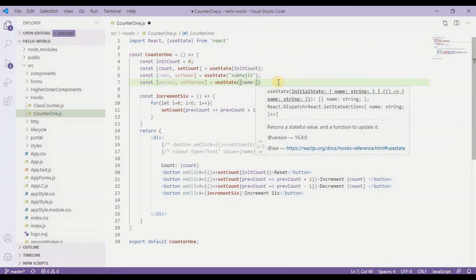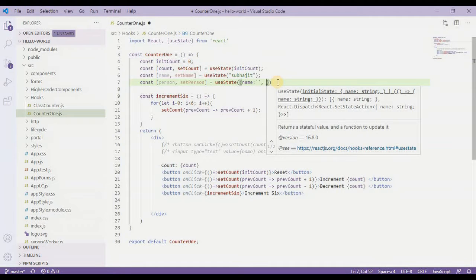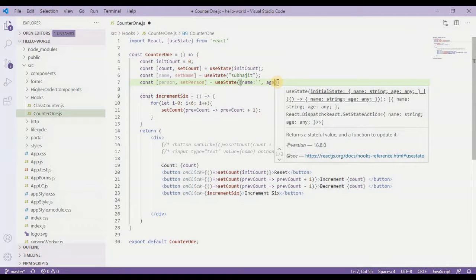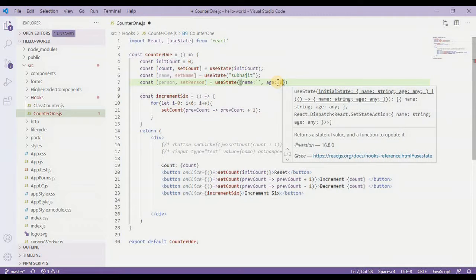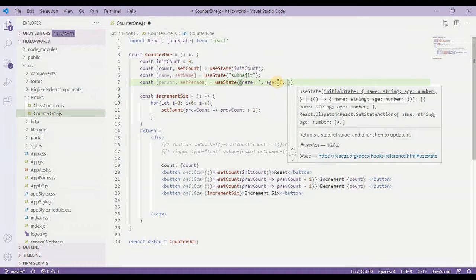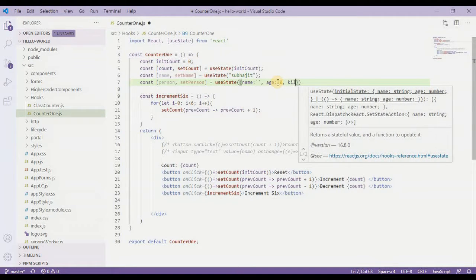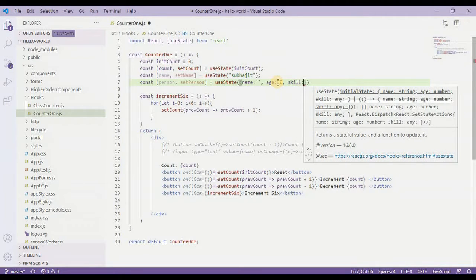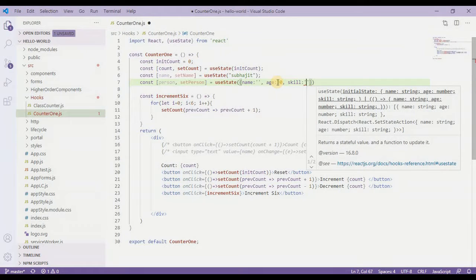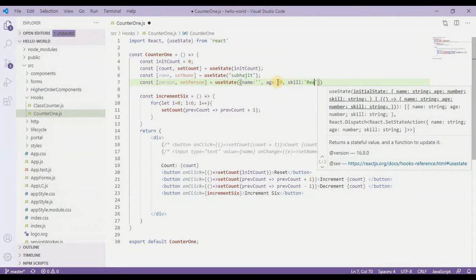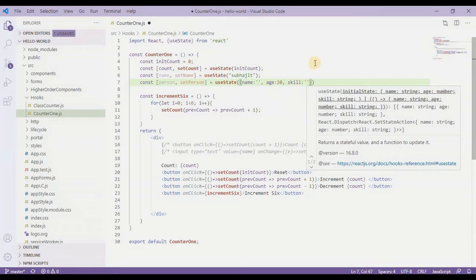So this is an object, so name, which will be an empty string for the moment, and let's also add the age, which is going to be some value, and then let's have another string like skill, and let it be empty for the moment.